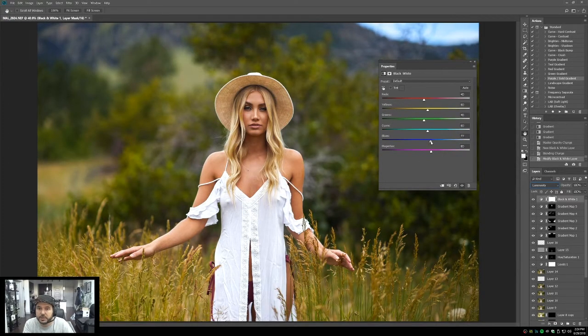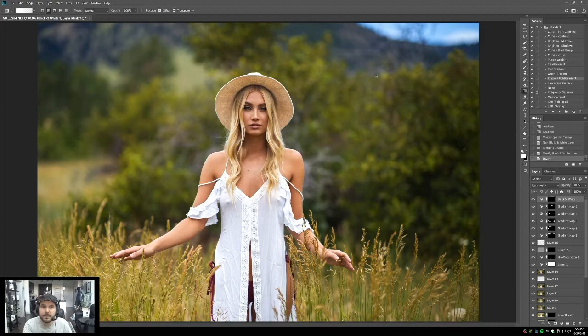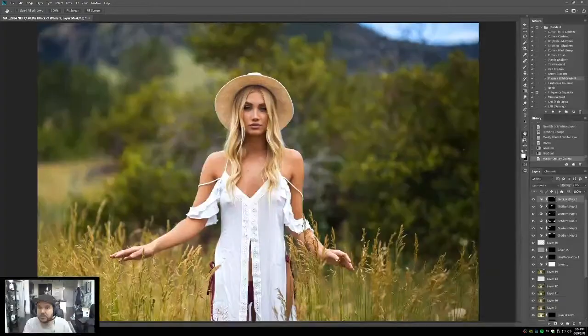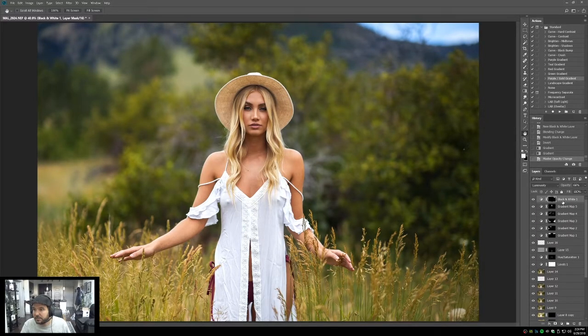That looks fine. Really though, what we can do is we can bump up the blues. Bump up the cyans to boot. That looks a little bit better. Not quite so saturated now. Same trick we did earlier. What I'm going to do,